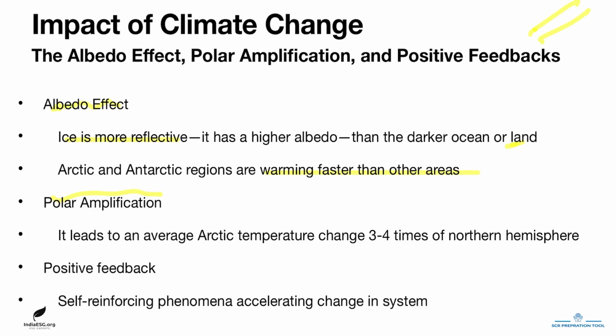Then water feedback, polar amplification, and any other this kind of self-reinforcing warming phenomena. So there is a term which is known as positive feedback for this kind of self-reinforcing phenomena. Why this is called positive feedback is that it accelerates a change. So in this case, warming. And what happens in a negative feedback? It slows down the change. This means cooling. So water feedback, polar amplification, albedo effect, all these are positive feedbacks,